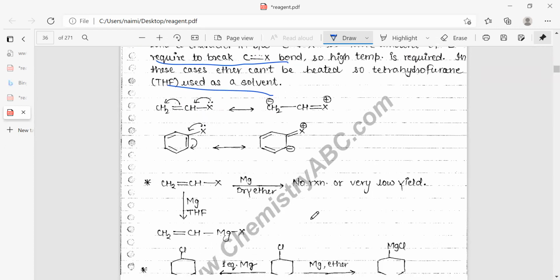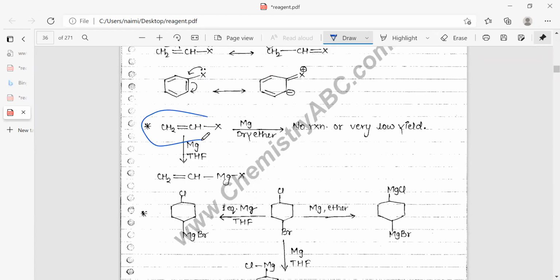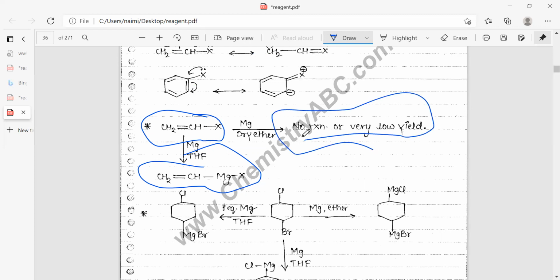Okay, so similarly you can see this one. When you add Mg, meaning RMgX, in THF solvent, the product will be this one. And if you add magnesium in ether, there is no reaction or very low yield. So why is it that THF gives the product but dry ether gives no reaction? Similarly, if the reaction is carried out with this compound with one equivalent of magnesium in THF solvent, then